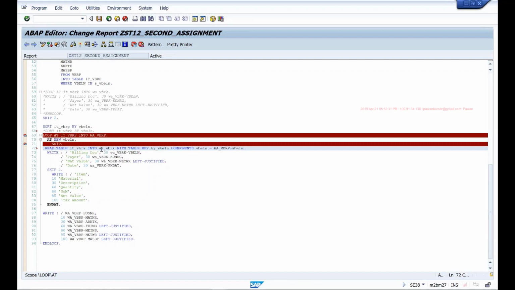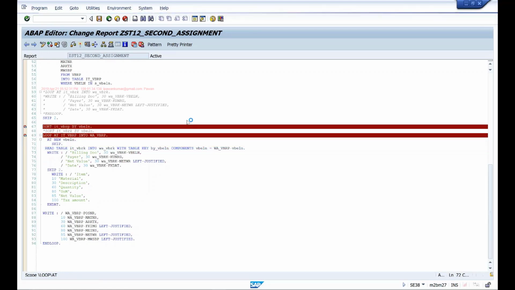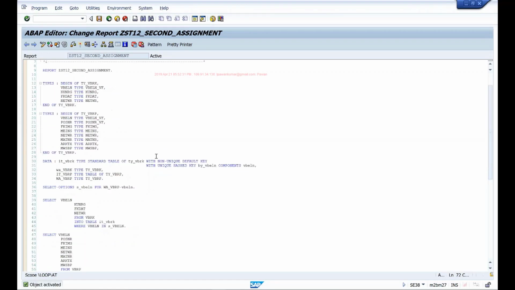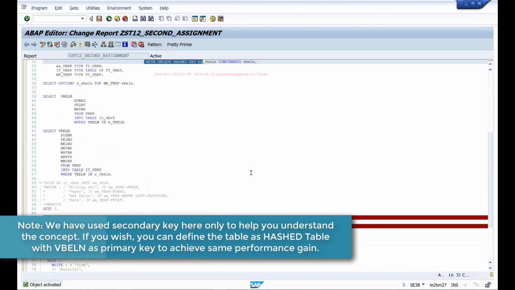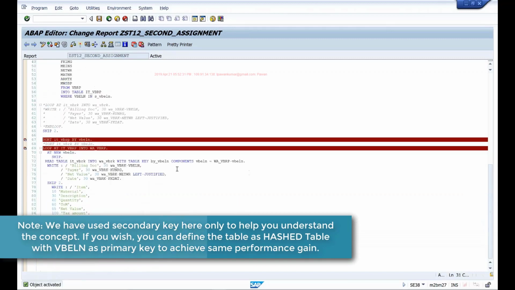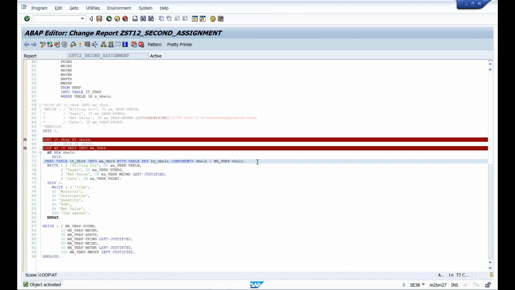Because otherwise, if you perform a linear search, then it will really take a lot of time for the system to scan the whole table and find the matching record, right? So this way we can use these secondary keys as per your flexibility. Okay, you're aware of the syntax. Define the secondary key using this syntax. We've seen that previously. If you want, you can go and revise that topic again. And while reading, we specify the key name and components and use the components. So this is how you can use a secondary key.